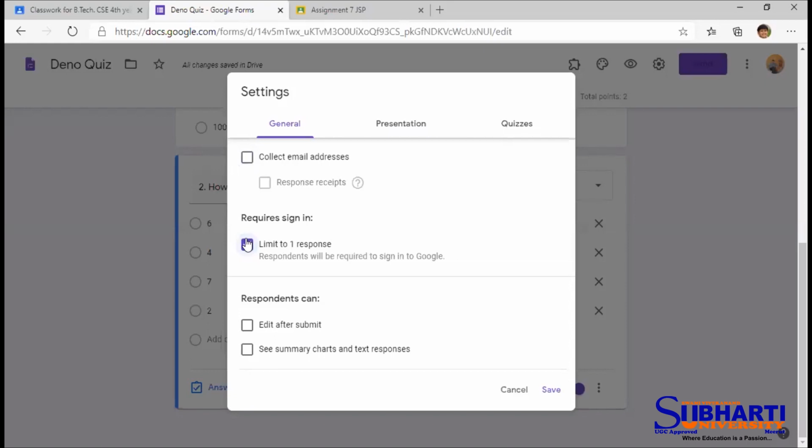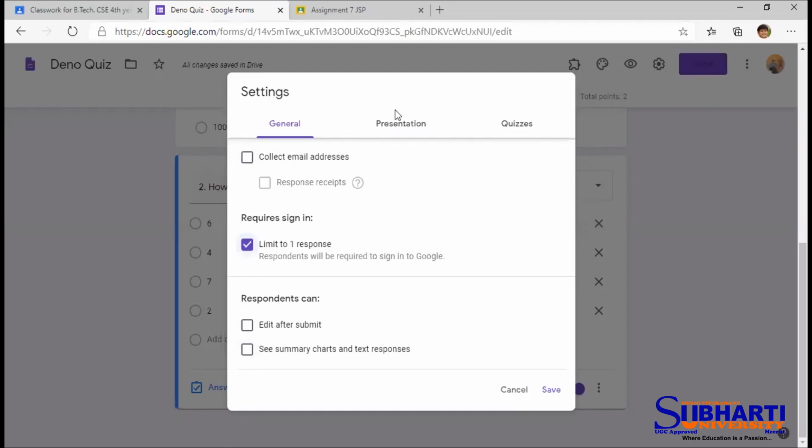Students cannot reopen the quiz. Students cannot give the quiz again. So it is compulsory when we are going to allot this quiz to the students, limit to 1 response. Options like edit after submit are not normally allowed for the students.